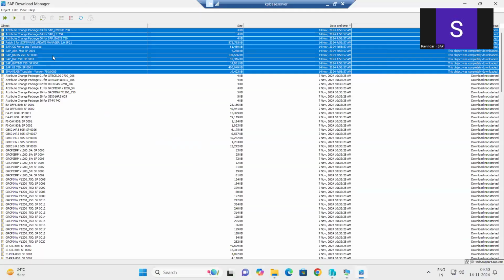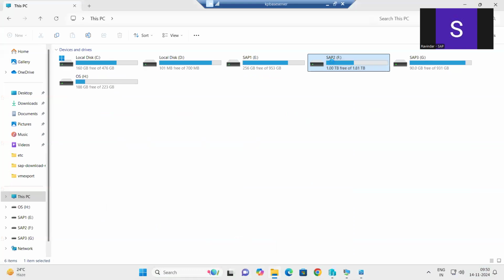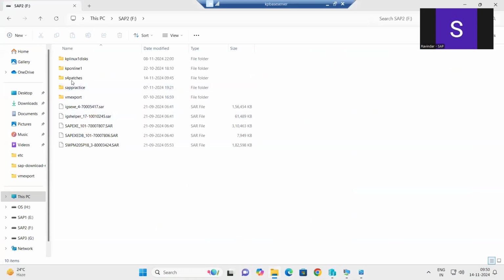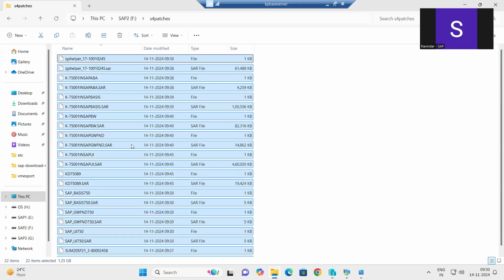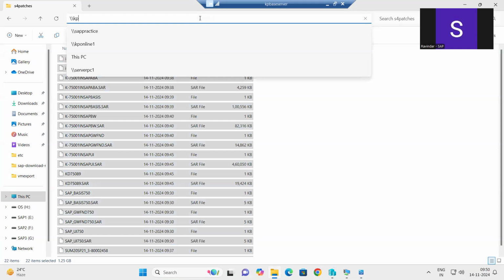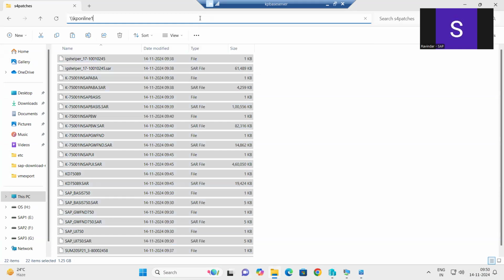Right? So see here, it is downloaded completely. All the patches are downloaded. Now what am I going to do? I am trying to move the patches to where I have downloaded them. Here I have downloaded all the patches. Then I will move all these patches to our NW1 application server level, where we have placed all the files. We have to move the patches to the application server level. So I can directly copy,